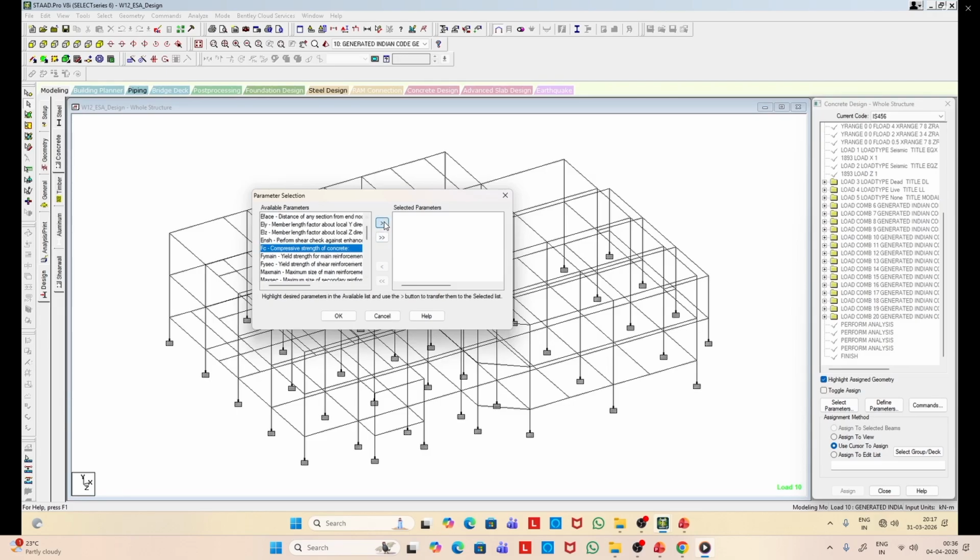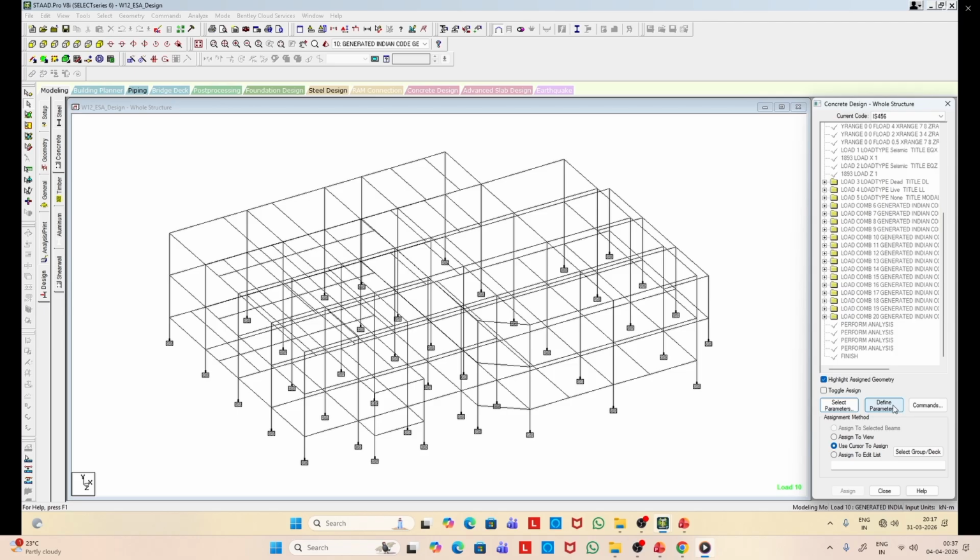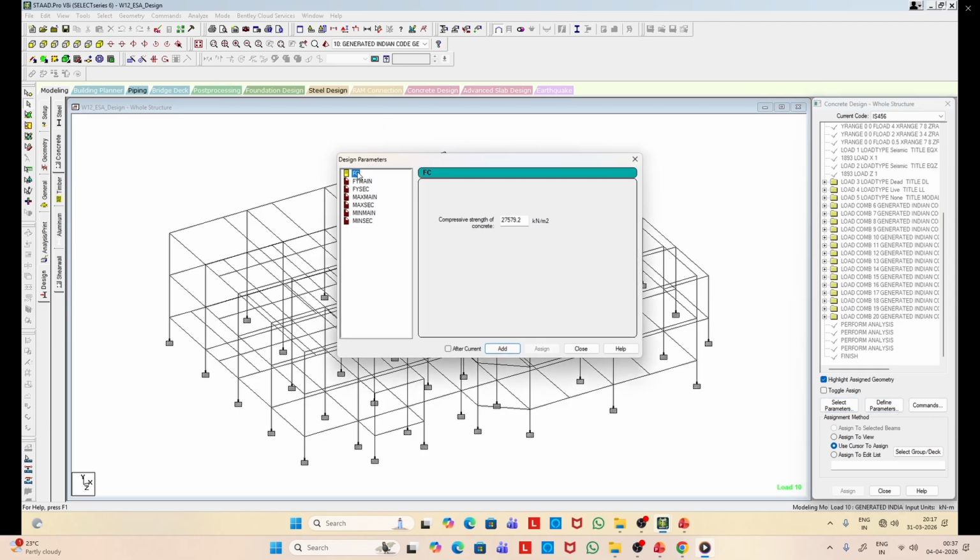So first the compressive strength, then Fy of steel, then yield strength for shear reinforcement, maximum size of main reinforcement, maximum size of secondary reinforcement, likewise minimum size of the main reinforcement and minimum size of the secondary reinforcement. Right. So these are the different parameters, and then we have to define these parameters.